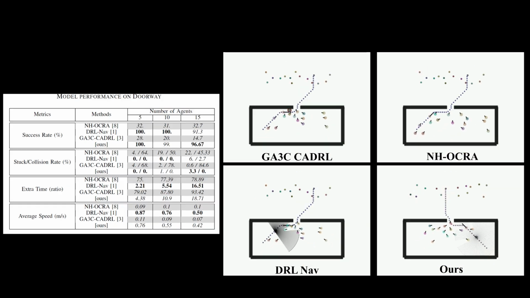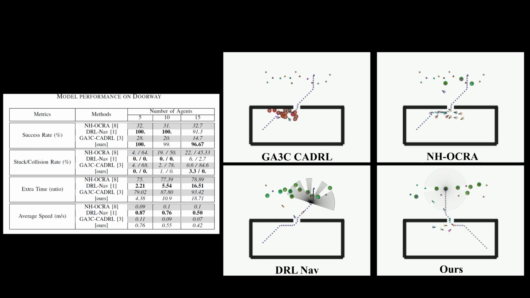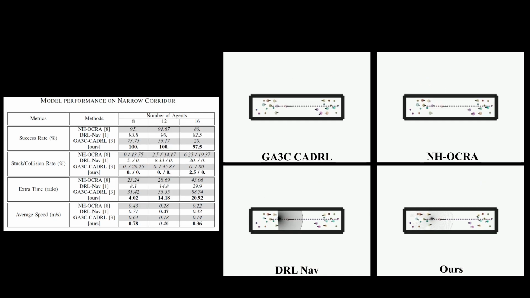The doorway environment emphasizes coordination, where multiple agents must pass through a narrow passage. Our model is not the fastest to handle this bottleneck. However, it achieves a higher success rate compared to the other baselines, and with zero collisions. Finally, the hallway environment requires agents to swap positions within a confined space, testing both navigation efficiency and coordination. Our model's ability to navigate and avoid collisions in this scenario further demonstrates its robustness in complex and crowded environments.